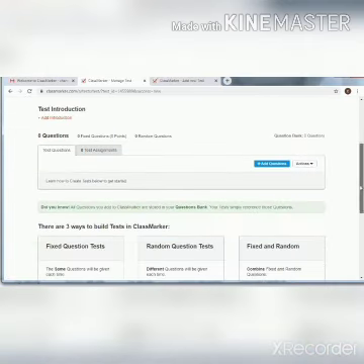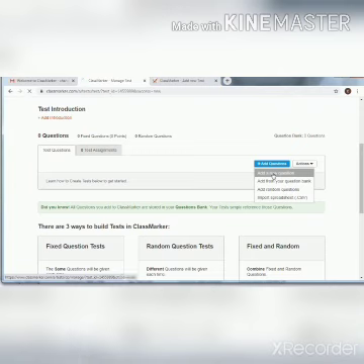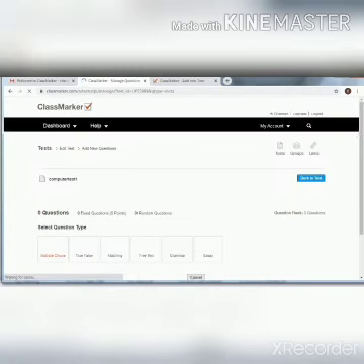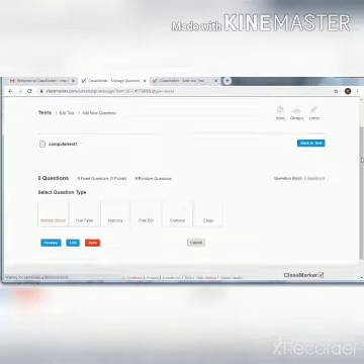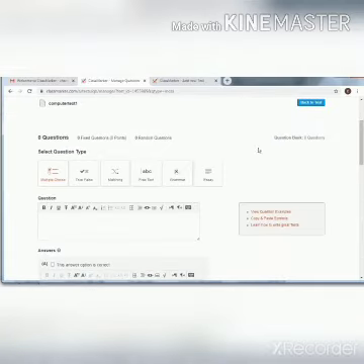See here, test. Here test introduction, test question, test assignment. So add question, add new question. Select this. In add new question, we can find which types of question we want to give. Suppose multiple choice question, true false, matching, free text. Free text means suppose you are giving,